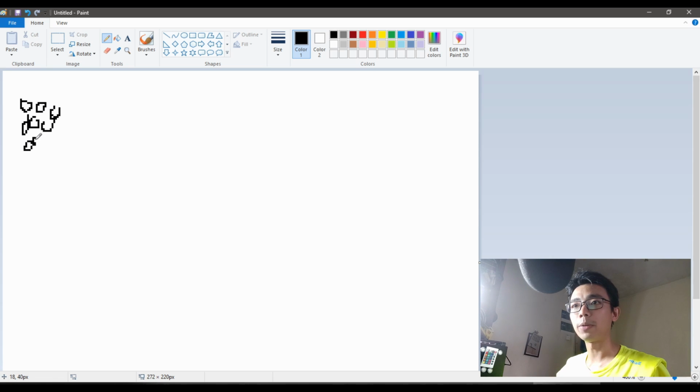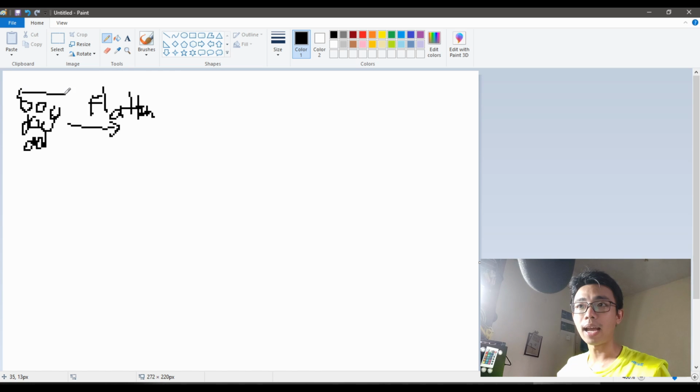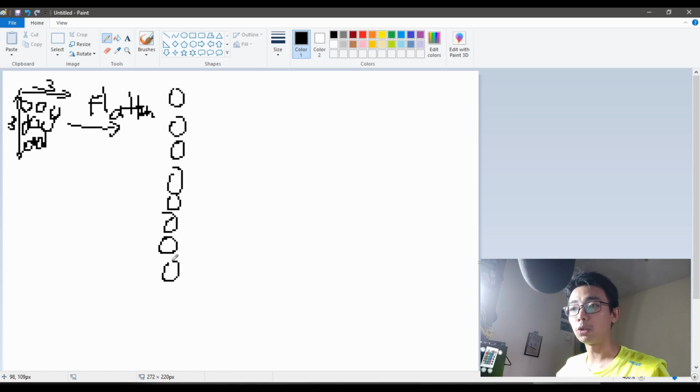So this is the data you want to input. You run it through a flatten layer. When you run a flatten layer, this 3 times 3 matrix will become 9 neurons. They just spread the neurons out, so that instead of a 2-dimensional array,